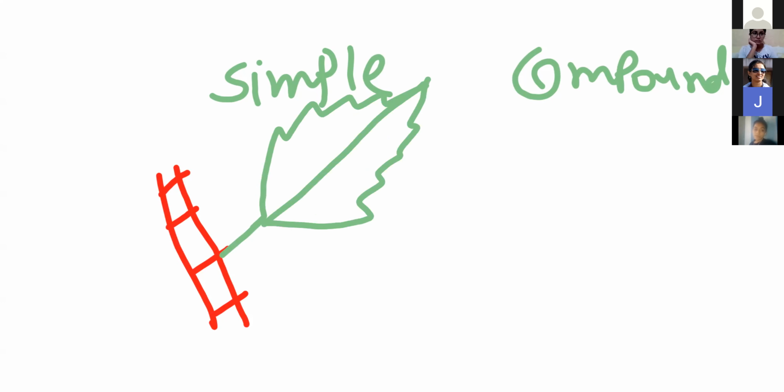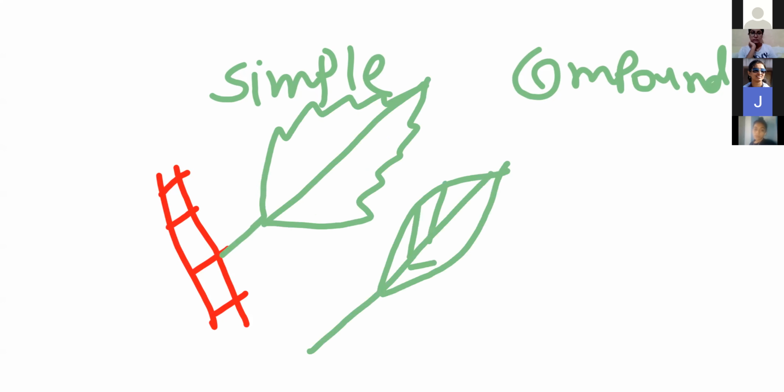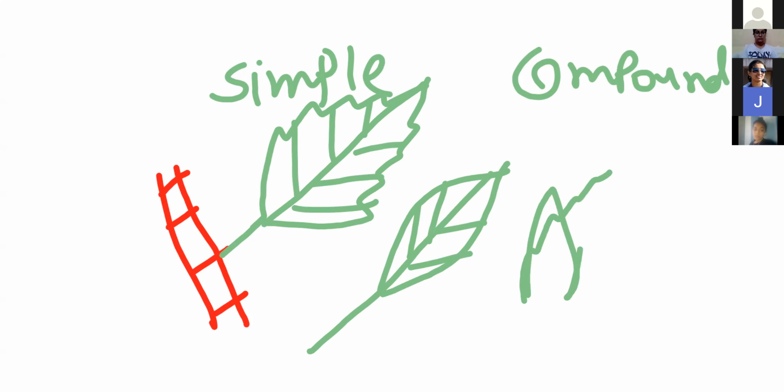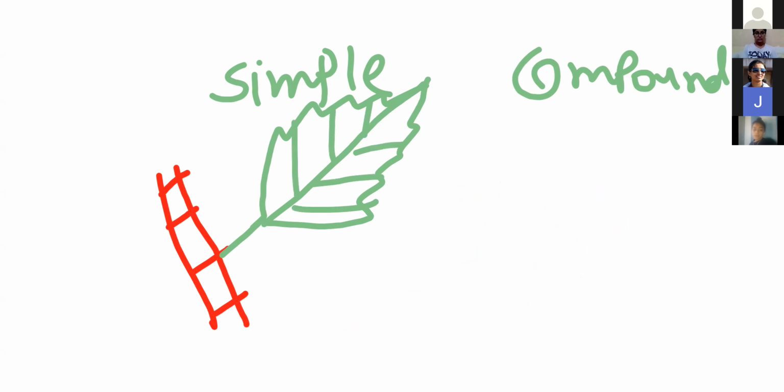Either smooth surface or else incisions are there, cuttings are there, but very superficial, not too deep. So first of all, this is the leaf. Either this leaf lamina is entire or